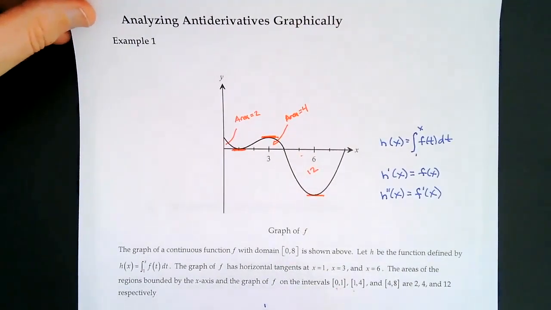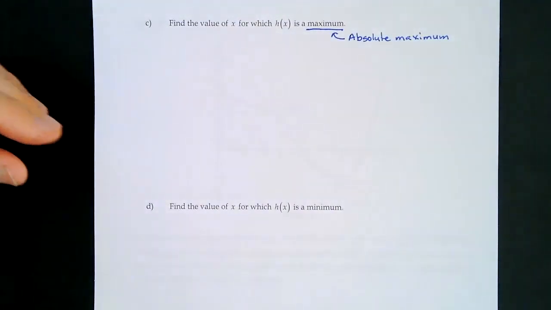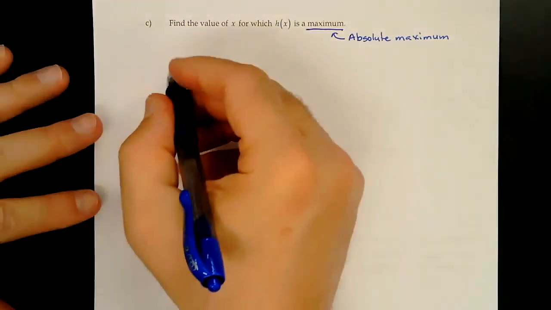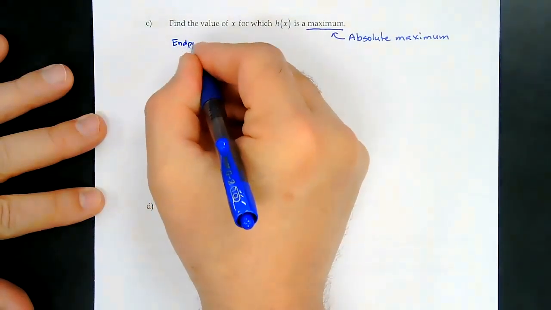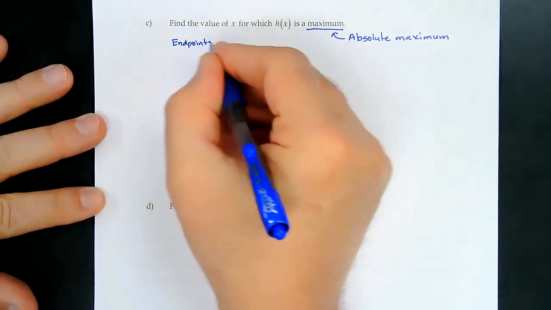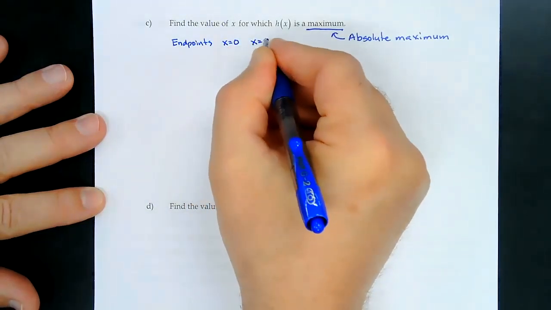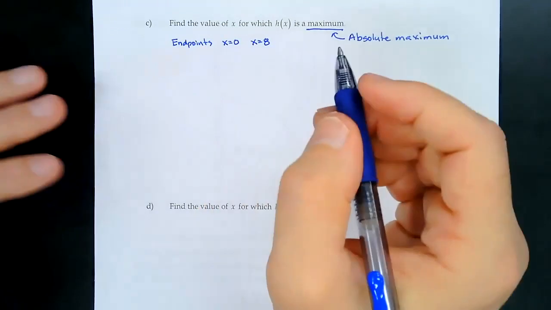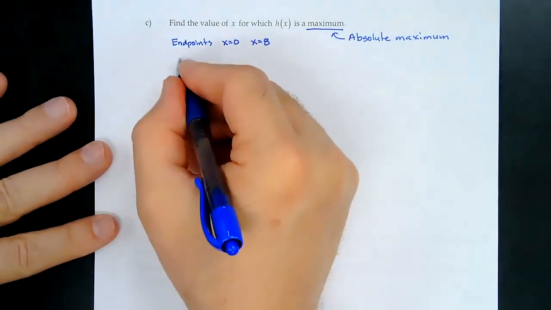So we can use the candidates test or the closed interval test. So we have to find the endpoints. The endpoints were x equals 0 and x equals 8. And then we have to find the critical numbers, or the critical values. And the critical values